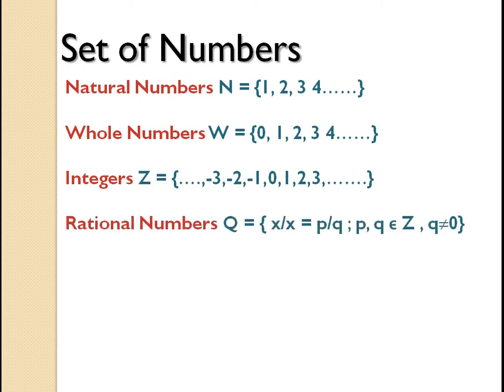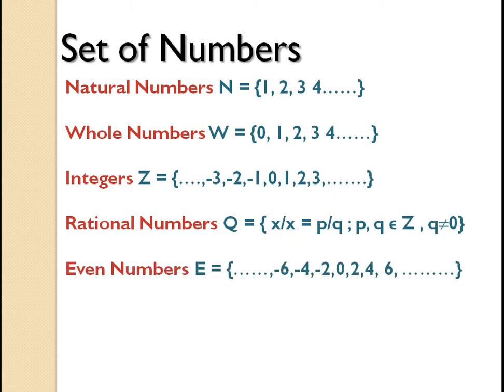We have a rational number. Rational numbers are numbers that can be written as a simple fraction. The numerator and the denominator are integers, but the denominator is a non-zero number. The set of rational numbers is represented by Q. It is written as Q = {x : x = p/q, where p and q belong to Z}. Z means it's an integer number, and q is not equal to 0.